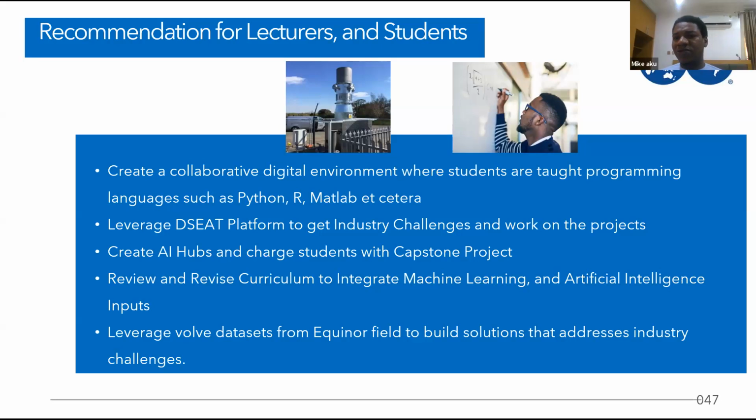So you look at how to revise some of the curriculum, have this conversation, basically, and discuss with some of these people. And we also talk about the issue with respect to data sets. Well, there's the Evolve data set where we could leverage that. There's an Equinor field. I think Equinor has this data set called the Evolve data set that is available in the public domain. It's actually an asset that was abandoned and they made their data set public. You could actually go online, search for it and download that data set, and you could actually use it